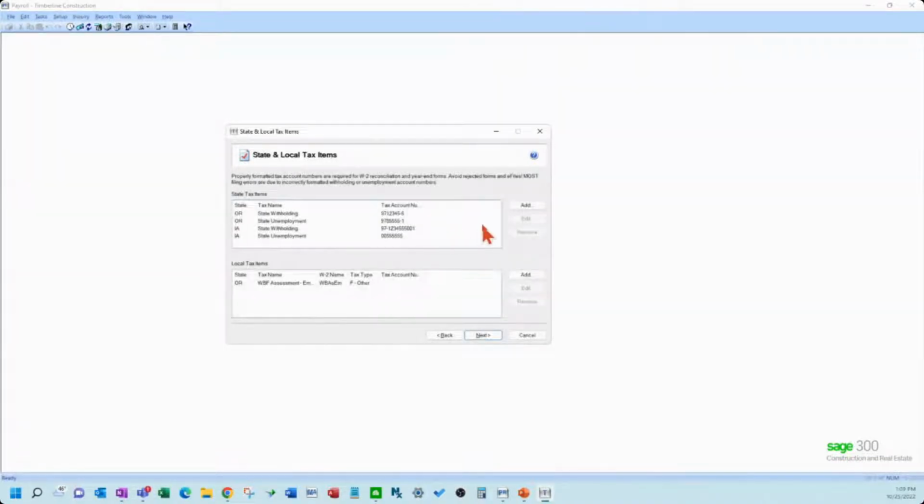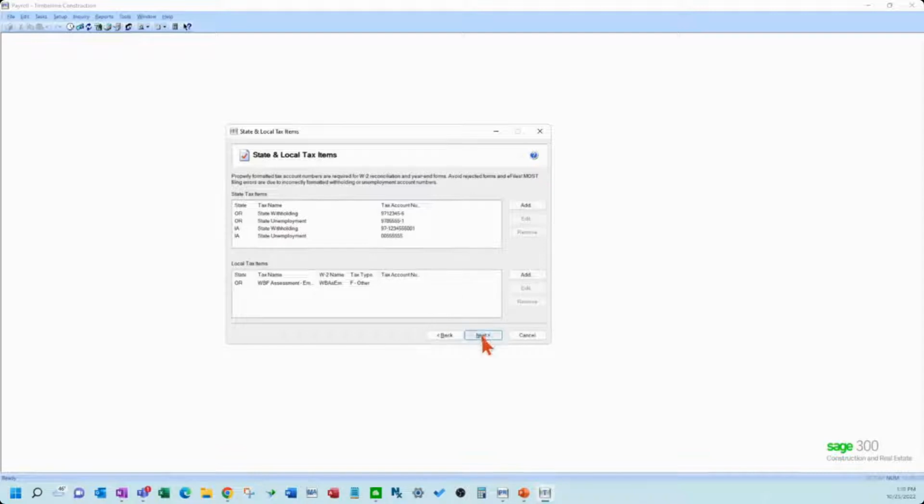Okay, so this screen can be a little bit confusing the first time, but this is basically listing out all of your state and local tax account numbers you have in the system. I picked that I want to file my W-2s. So it seems strange it's listing state and local out, but it's just trying to get all of your information in there regardless of what filing you're doing. So just know that this is standard, whether you pick federal or state filing.